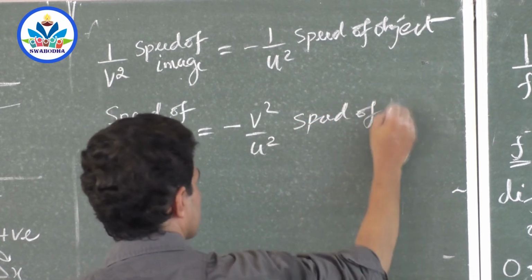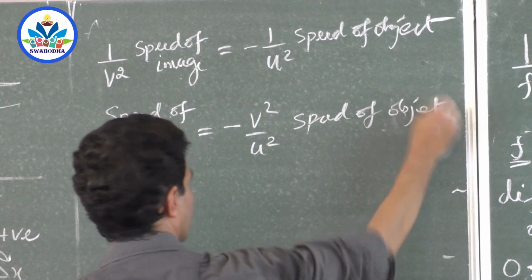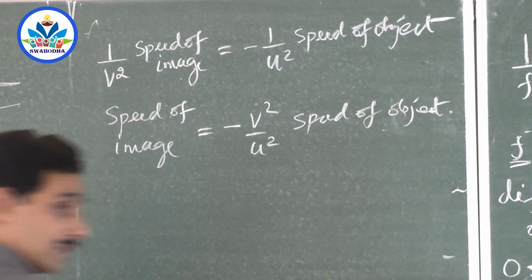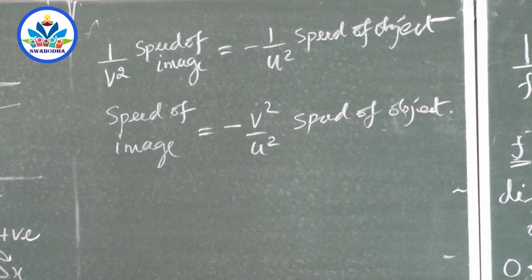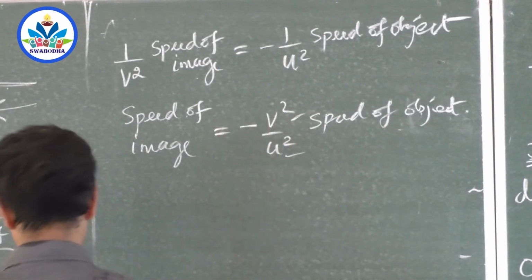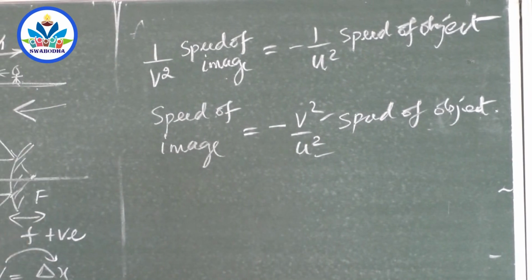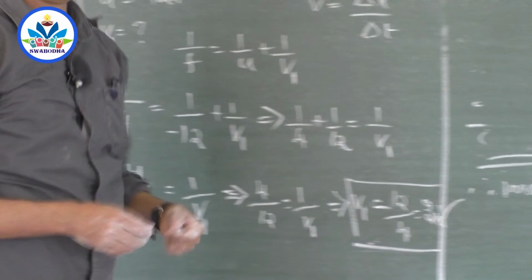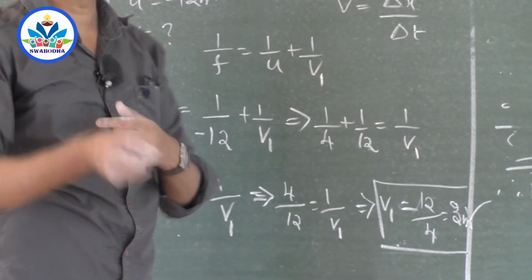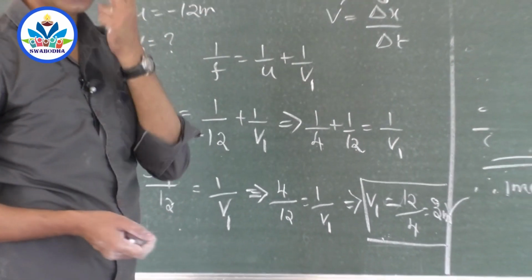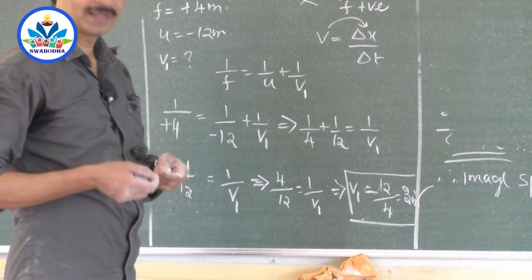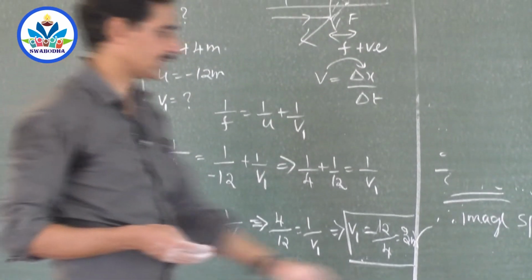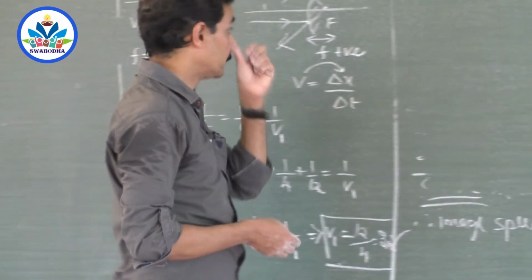Now take the first case. What is the first case? When the object is at 12 meters itself, you know what is u, 12 meters, you know what is v. We got it as 3 meters, right? Coming back to the previous solution, this is needed. At that position, when the object is at 12 meters, image distance, first image distance is 3 meters. Then we shifted it after 1 second to 10 meters and a new image distance. But that one second gap is too much larger gap. So whatever the answer we have got is not more accurate. So what we can do?